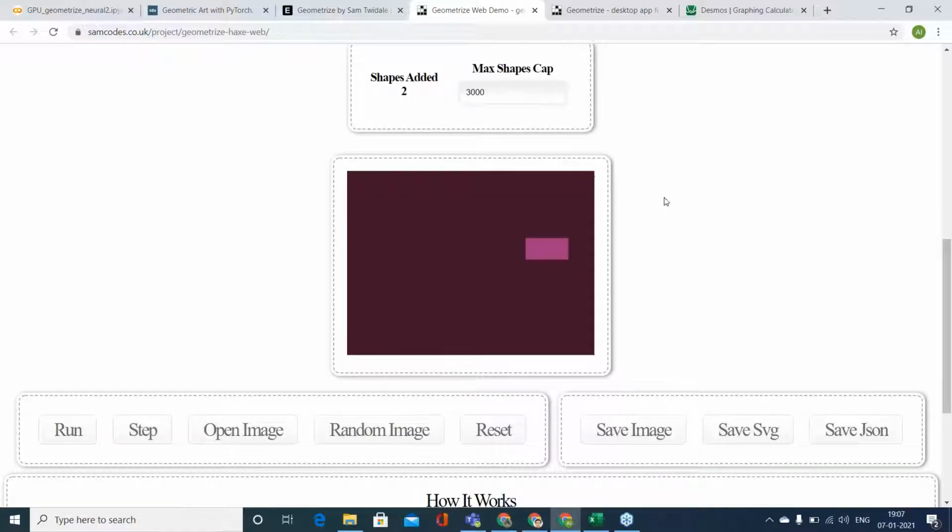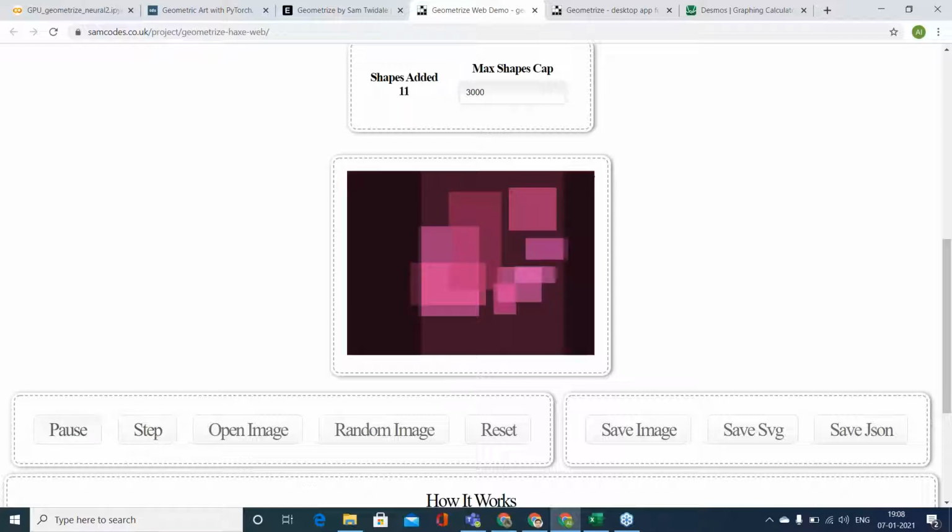Okay, so what it does is it goes step by step. It puts one rectangle and it optimizes these parameters. What are the parameters? The height of the rectangle, the width of the rectangle, the color of the rectangle, then the x and the y coordinate of the rectangle. It optimizes such that the difference between this image and the target image, the one we uploaded, reduces. Okay, so now it puts another rectangle, then another rectangle, then another, and it keeps doing it.